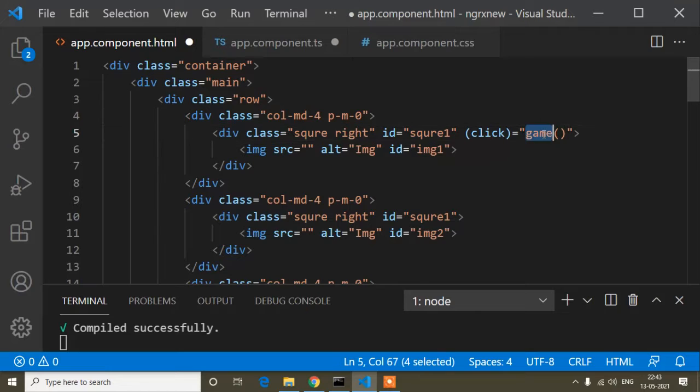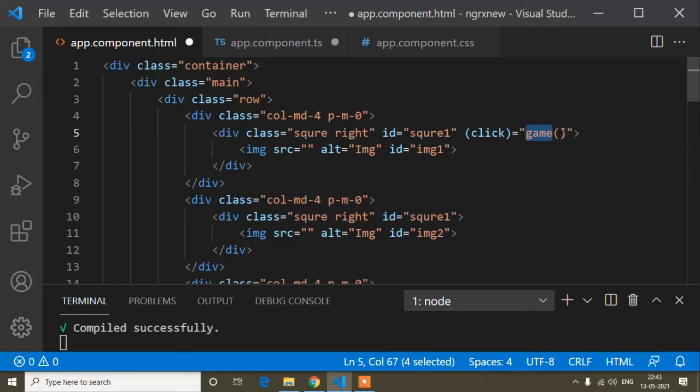You can write the method name as per your choice, any name. But the event is click, because when I click any of the boxes, whatever I want to do at that time, I will execute. So for that it is the click method, while the method name you can write as per your choice.